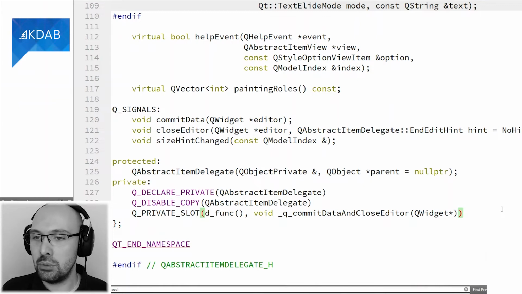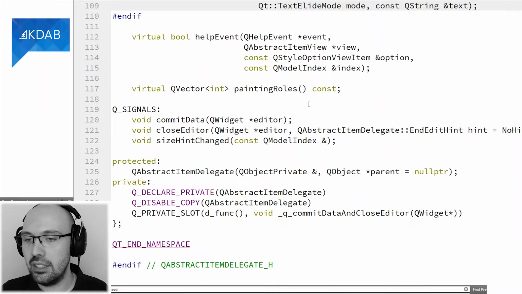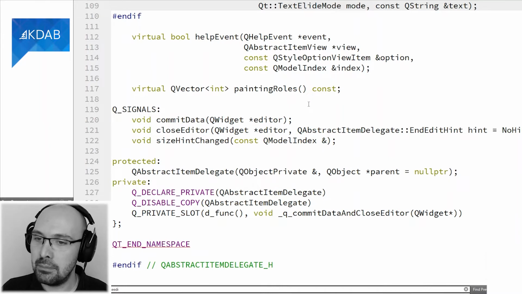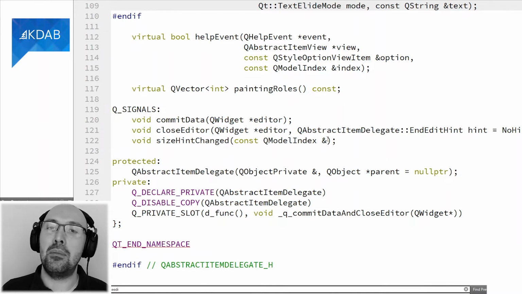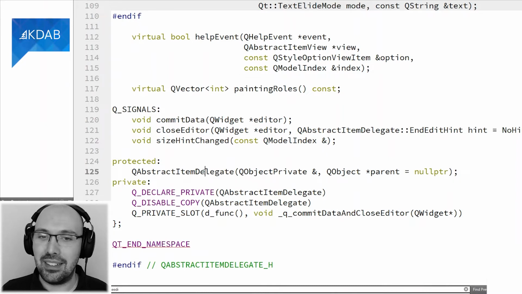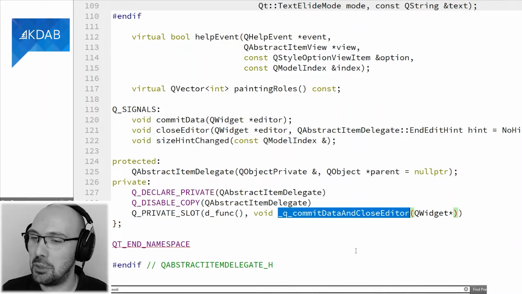That is a way to say, I do need a slot. This slot is not implemented inside this class. It's implemented in the private class, and this slot is not meant to be used by, again, the general public. Now, if you do open up something like GammaRay, and you pick up a delegate and you see what its slots are, you may find that this thing is actually there.